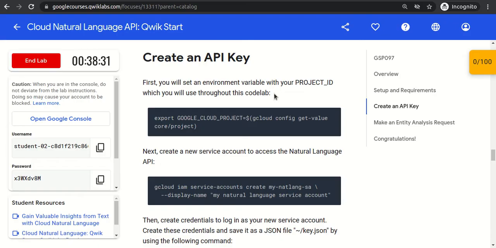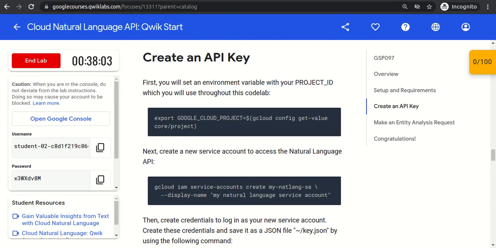So one approach: if we are accessing the API from our own application, like I have written Python code and I am running it from my desktop, then I need to authenticate the REST API, otherwise the API will fail with some authentication issue, right? So we need some authentication key as well.